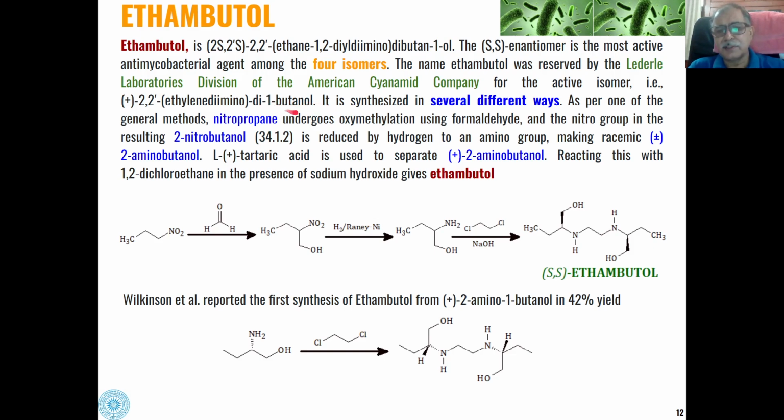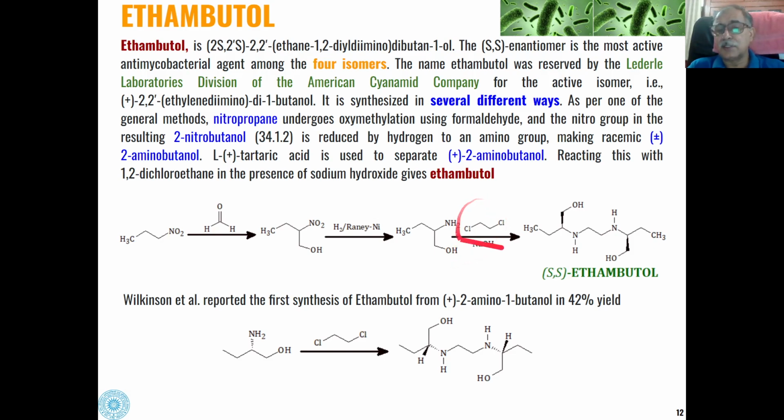The synthesis of this drug can be achieved in different ways, and one of the general methods is that it is synthesized from nitropropane. So in the first step, nitropropane undergoes hydroxymethylation using formaldehyde, and gives us 2-nitrobutanol, and this again is reduced. Nitro group is reduced in presence of hydrogen and nickel, and this will be converted into amino group. Then this